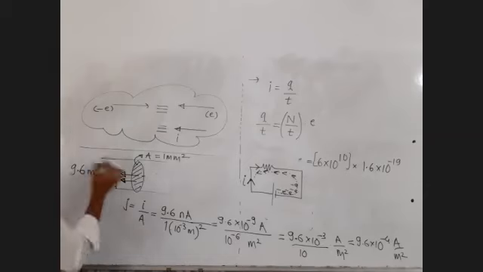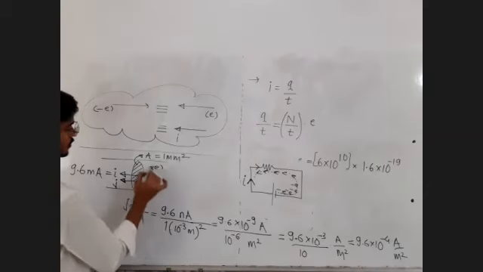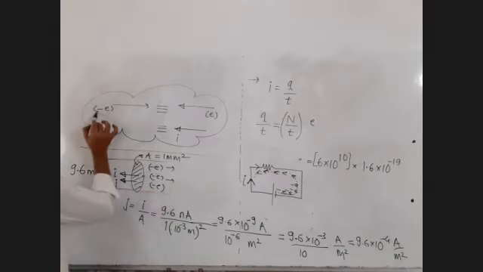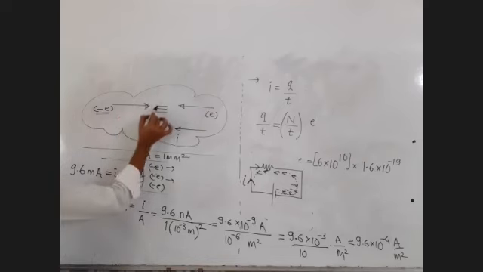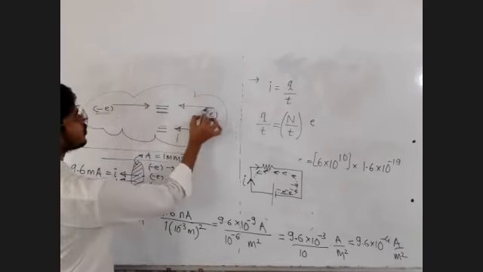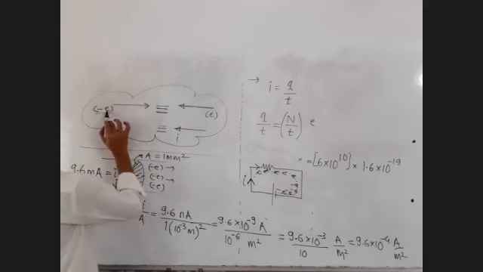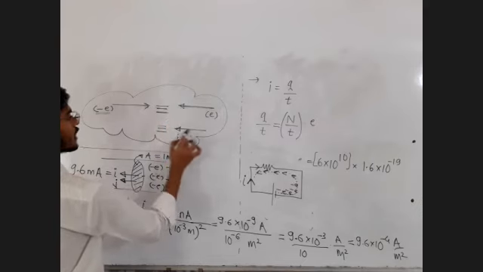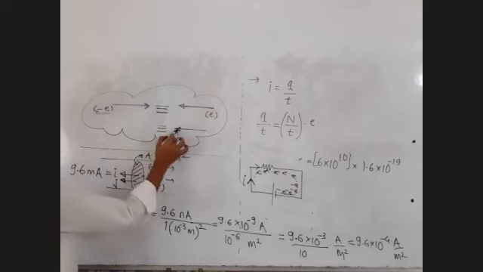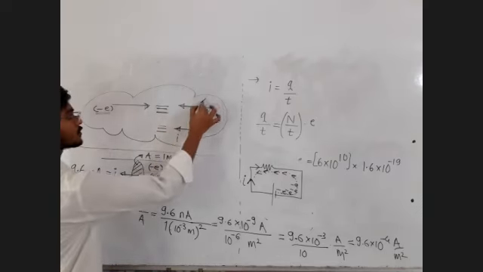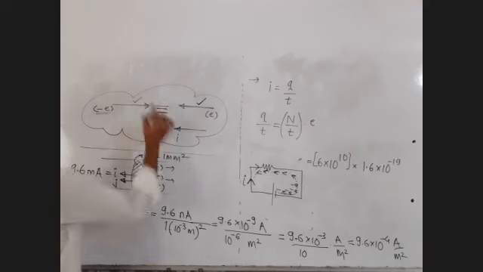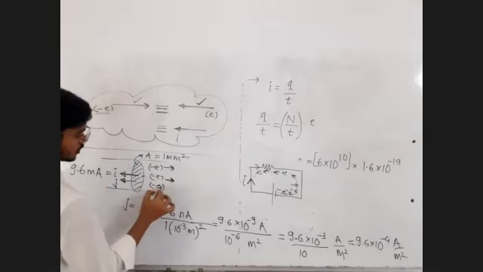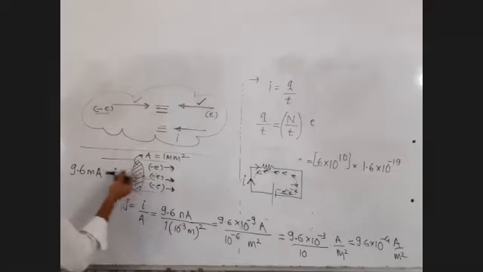Similar to that, in the electron beam which was given to us, all the electrons were moving in the rightward direction. Now, if the negative charge is moving in the rightward direction, it is equivalent to the positive charge moving in the leftward direction. Direction of current is always the direction of positive charge, and it is opposite to the direction of negative charge. So current direction should be like this. Electrons are moving rightward, so current must be taken as leftward direction.